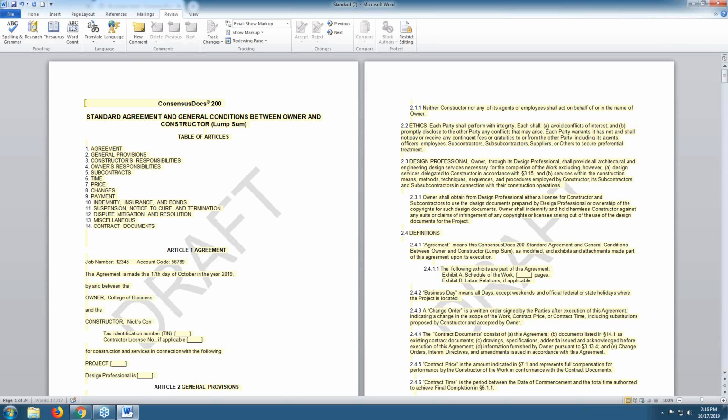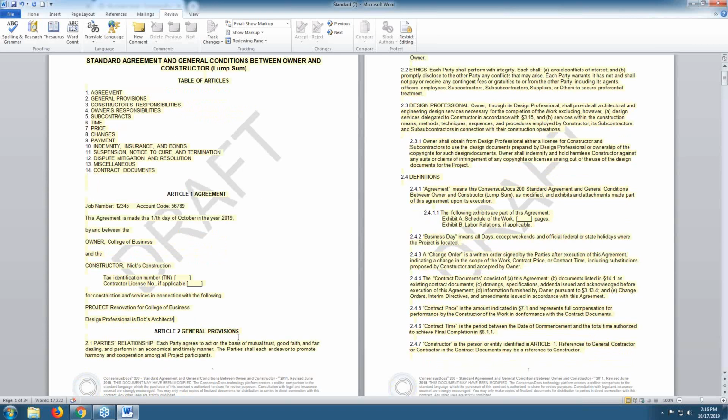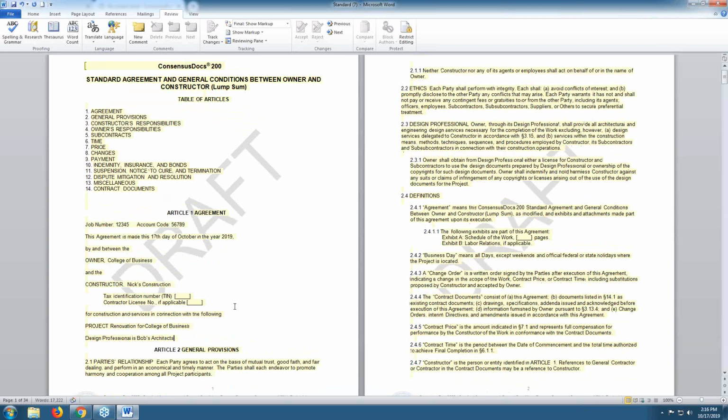It's my construction company. So this just gives you some idea of the basic project information that you would want to add